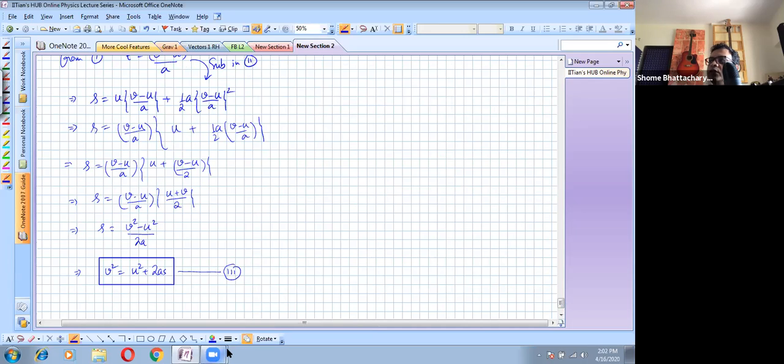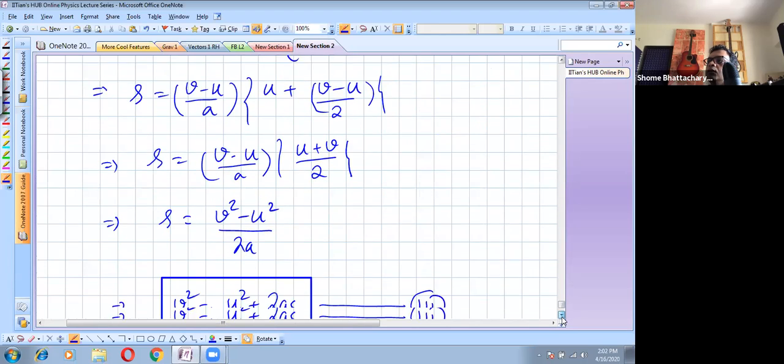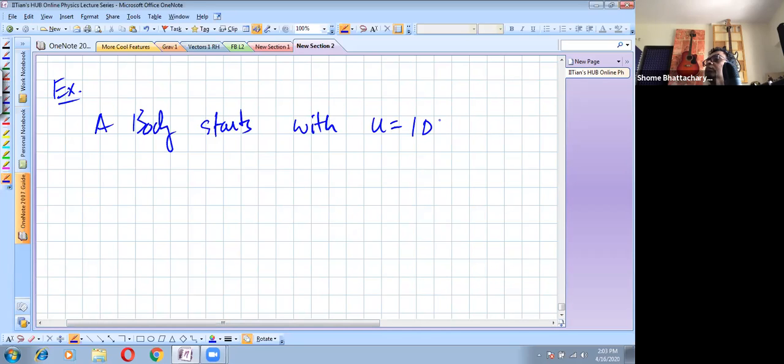Okay. Now before we conclude today, we'll just do a quick question to review this. Okay. So let's see how we make use of these kind of equations quickly. Suppose it is given to us in the example that a body starts with u equal to 100 meters per second, okay, with uniform acceleration a,